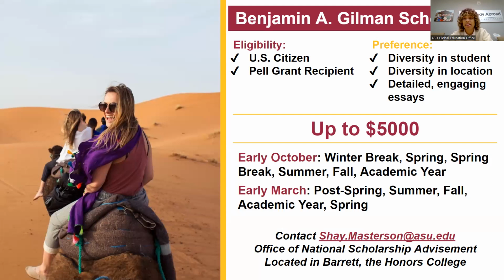And students who submit a detailed and engaging essay are more likely to win. This scholarship is up to $5,000, which is a lot of money, and in some cases can cover the whole cost of a program, which is amazing. The deadline for winter break, spring break, summer, fall, or academic year programs is going to be in early October. And the deadline for post-spring, summer, fall, academic year, and spring programs is typically going to be in early